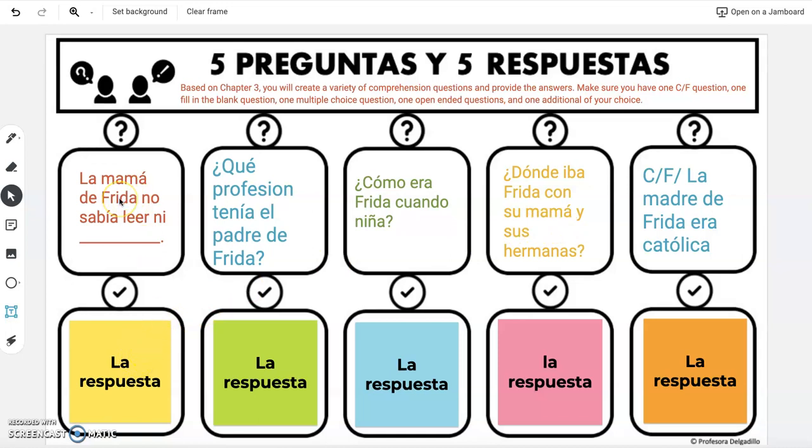So here is an example from one of my students. There are some spelling errors, I mean, it is from my level 2 student. We're reading the novel Frida, and here are her 5 questions. Here, I asked them to cover up the responses with a sticky note from Jamboard. That is because I assigned them this activity for the last 15 minutes of class, or to turn in